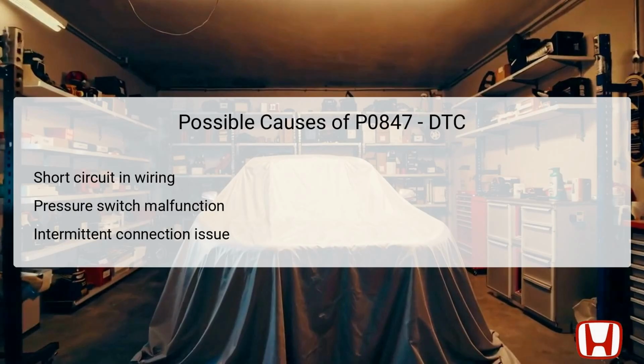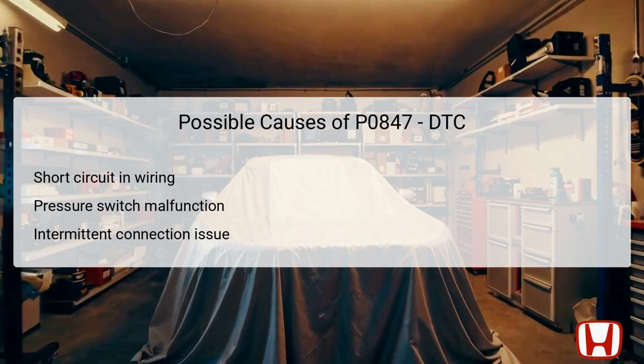Several factors can lead to the triggering of DTC P0847. An electrical short circuit within the wiring harness connected to the transmission fluid pressure switch B could send faulty signals, prompting this error code to appear. Additionally, a malfunctioning pressure switch itself may remain in the on position, preventing proper readings and causing the transmission system to generate error codes. Another possible cause includes intermittent connection issues that could disturb the communication between the switch and